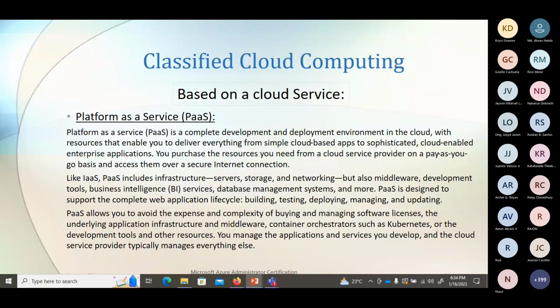As I told you, if you go for development, everything is there. You just take the services and make an environment for development, and it also follows the same life cycle of the application: building, then testing, then deploying, then managing, and if needed, updating. PaaS allows you to avoid the expense of